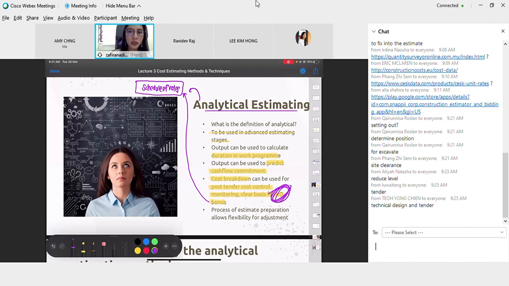So nanti you boleh as you go along with the project, katakanlah project ni dah masuk bulan ke-7 out of the 12 months that you have to do, and then it's Chinese New Year. So you want to give bonus to your employees kan? So how do you know how much you have spent and what is your level of profit margin at that point of time? Cara dia dengan tengoklah analytical estimating ni,